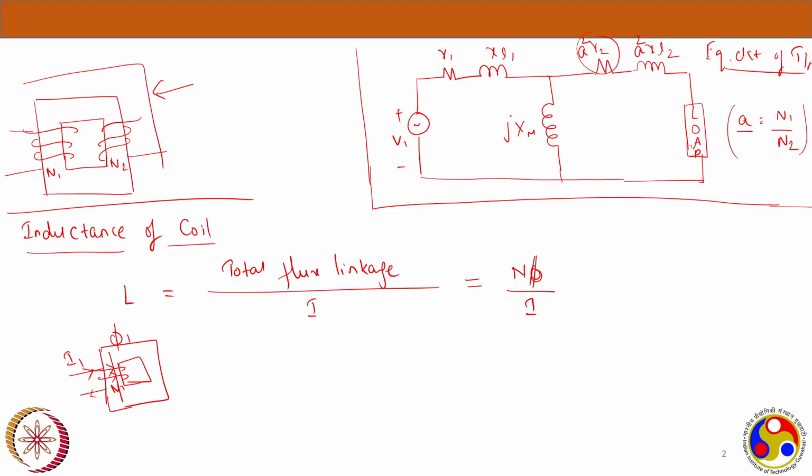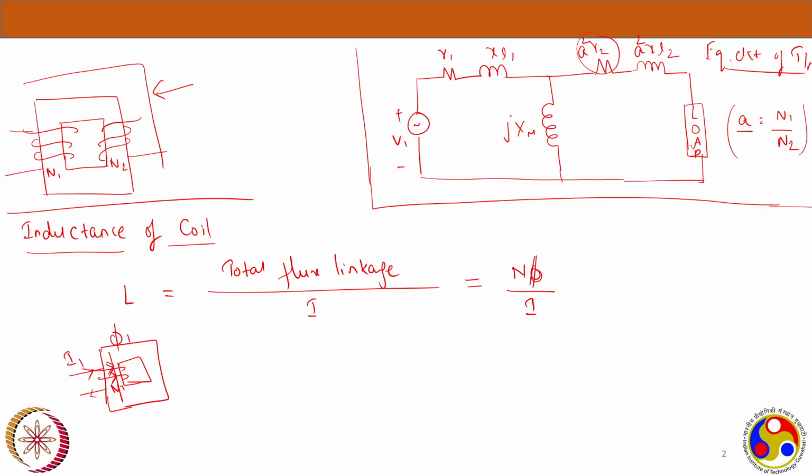It's the right hand thumb rule. Using the right hand thumb rule, can someone tell me the direction of flux, clockwise or anti-clockwise? Clockwise. Yes, clockwise. You see the current flowing in this direction, and if you put your four fingers in